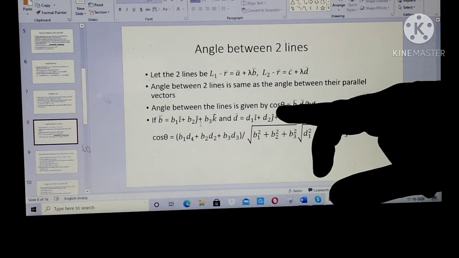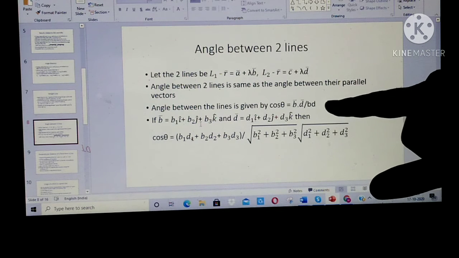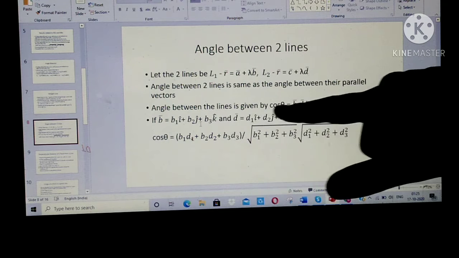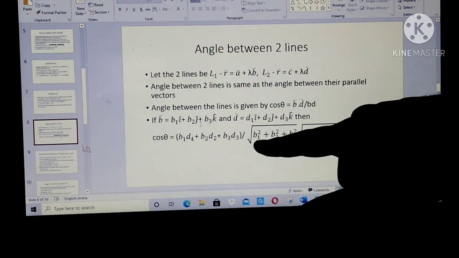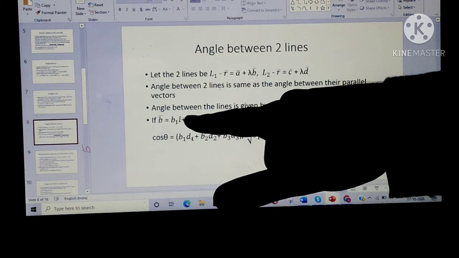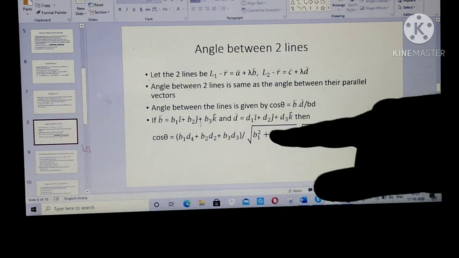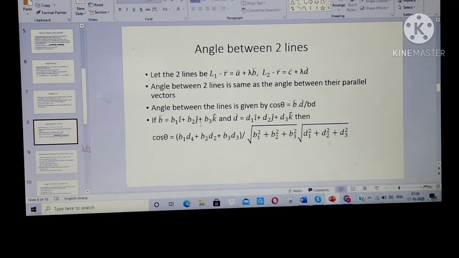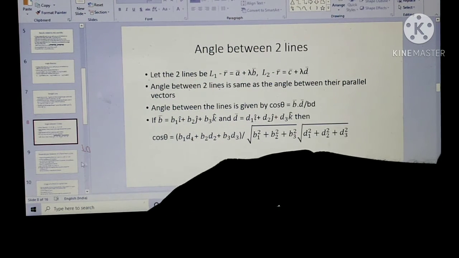Angle between these two lines is given by cos theta is equal to b dot d divided by magnitude of b into magnitude of d. If we take the dot product, cos theta is equal to b1 d1 plus b2 d2 plus b3 d3 divided by magnitude of vector b, which is this expression, and magnitude of vector d, which is this expression. So this is how we can find the angle between these two lines. Okay,